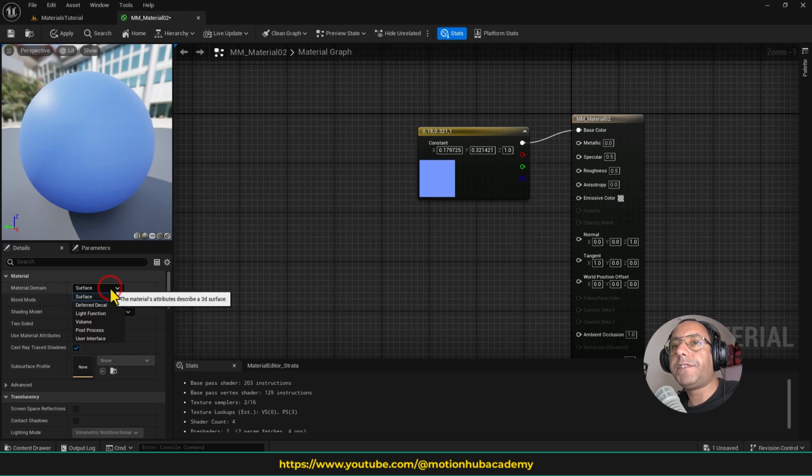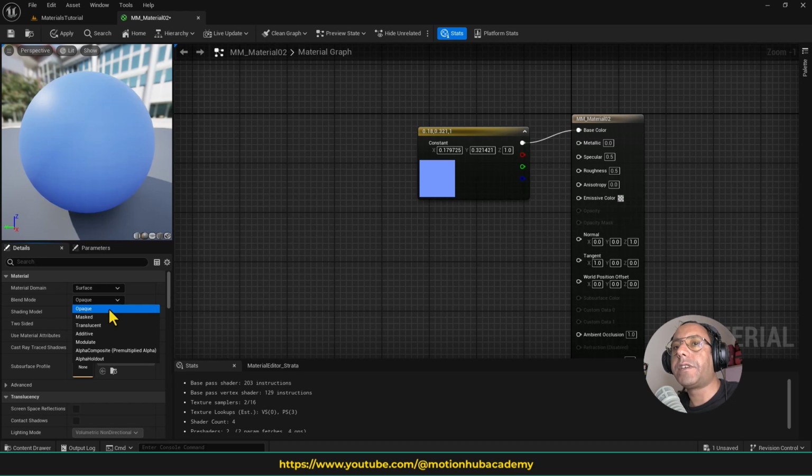From here we have surface, different decal, light function, volume, etc. So most of the time you will work with surface, but at some point if you want to make decals or some light function, we need to change this, or if it's post-process material, let's keep it in the surface. Here there is an important one, which is the blending mode or the blend mode,